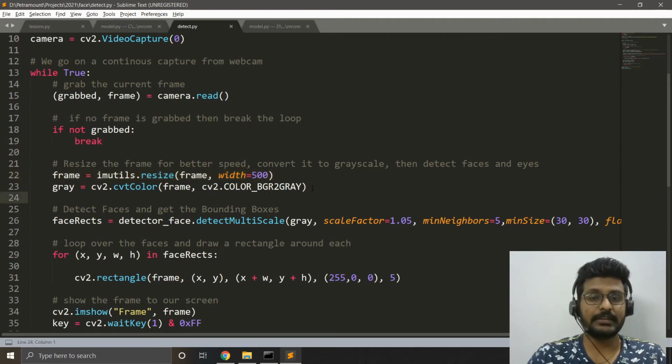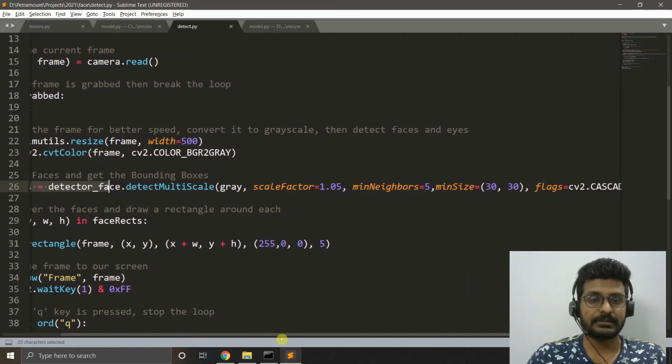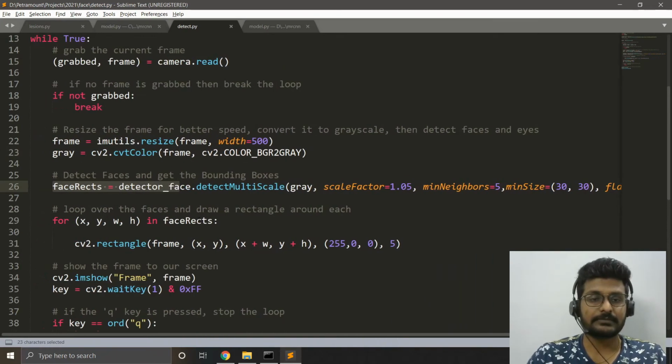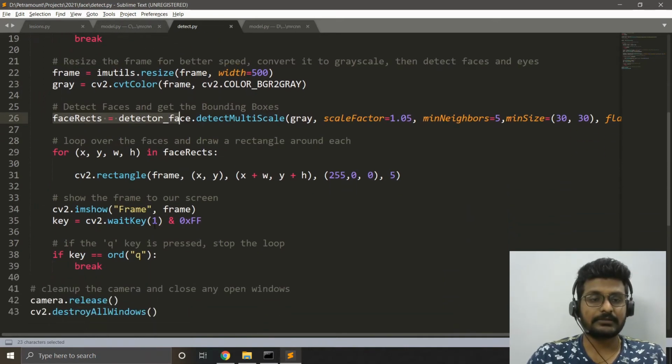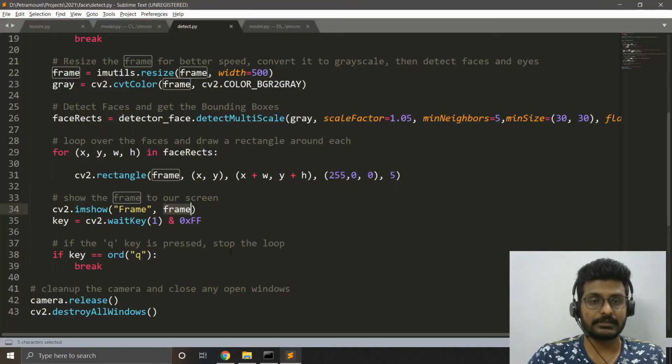The next thing is I convert the image into grayscale as usual, and the face detection, detectMultiScale, and everything else is the same as mentioned in the previous example. The only difference is this particular part. I'm showing the current frame, and since this is the actual function in OpenCV, you can see I'll be creating a window with the name frame and projecting this image information there. But in Google Colab it's going to be a little different, because it's already an embedded window, so I don't want to create a window there. That's the only difference.